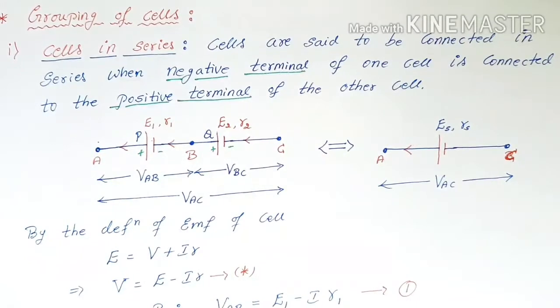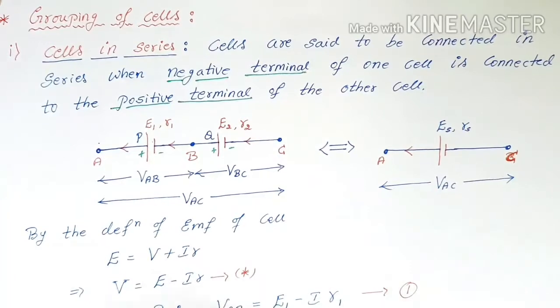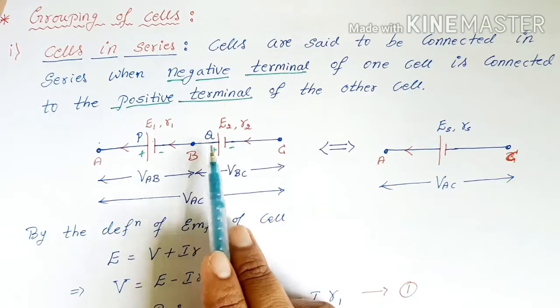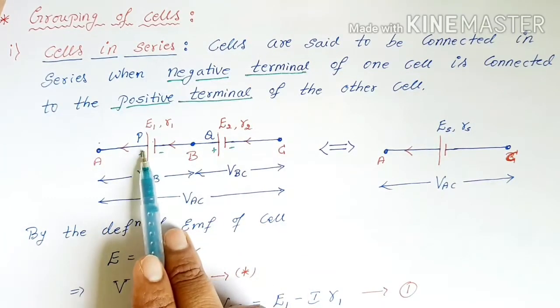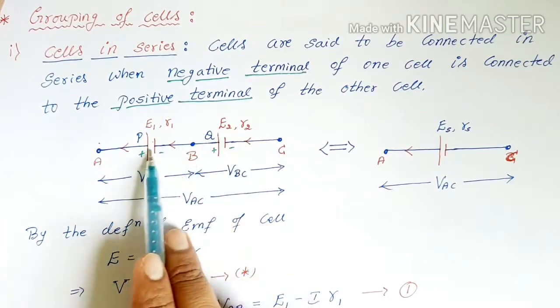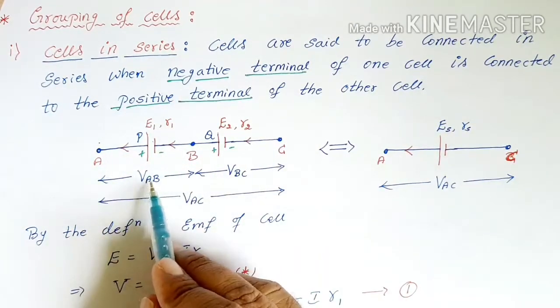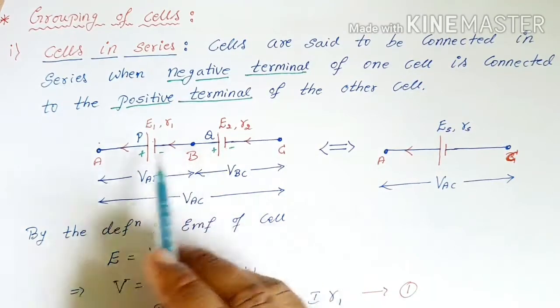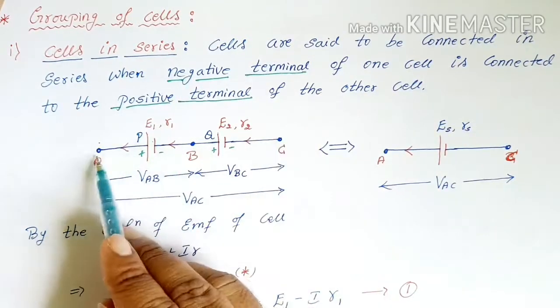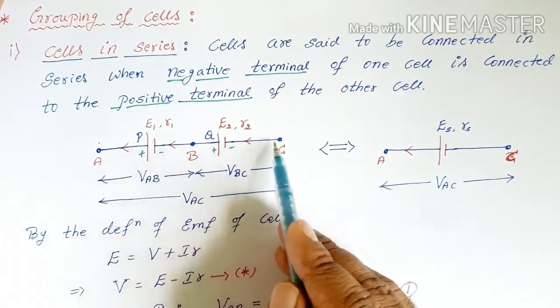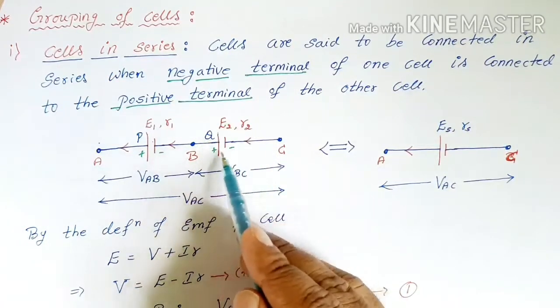Now let's derive the equivalent EMF and equivalent internal resistance expression. First I will explain the diagram. We consider the cell P and cell Q. As we know that the current direction is from negative electrodes to the positive. And as we know that in series combination current will remain same, but the potential differences across each cell is different. So I marked the 3 points here. Observe A, B, C. Between the point A and B the cell P located, and between the point B and C the cell Q is located here.